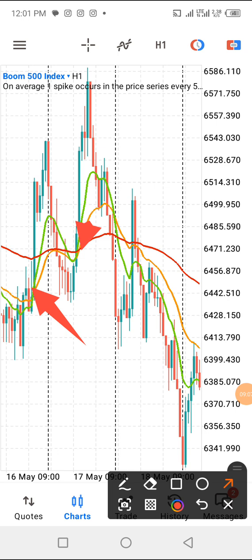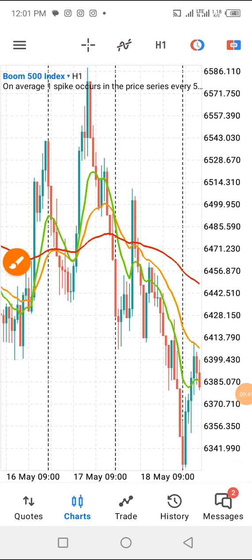Then when price came up, your stop loss will have been here. Probably you'll have taken all the way to this point. So if you kept holding, price wouldn't have still got to your stop loss till you make all this buy. But this was for a sell. This was the point price crossed. That is the first alert. Now the second alert was when price closed below, which is here. So which means you will have taken up to 2 hours candlestick or an hour plus, which is going to be a massive result.